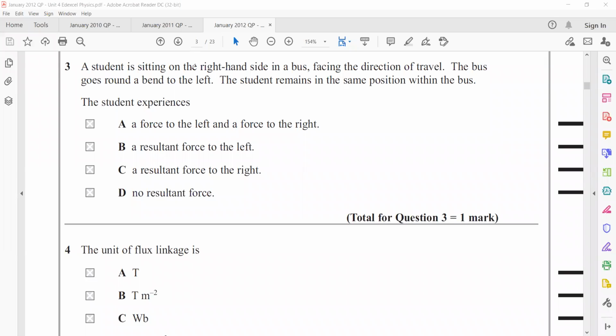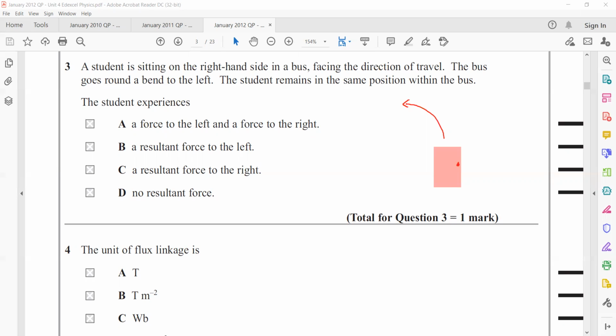So in this question, a student is sitting on the right hand side of a bus facing the direction of travel. So the student is inside the bus and he's sitting on the right hand side of the bus. The bus goes round a bend to the left. So the bus is going round a bend towards the left. The student remains in the same position within the bus. So the student does not move, or remains in the same position, and the bus is moving in a circular